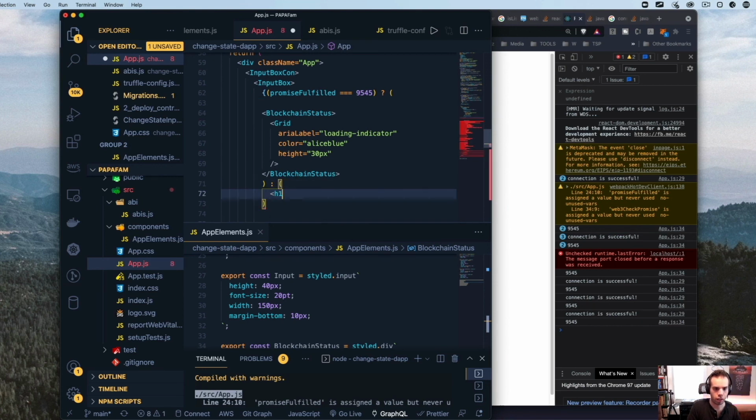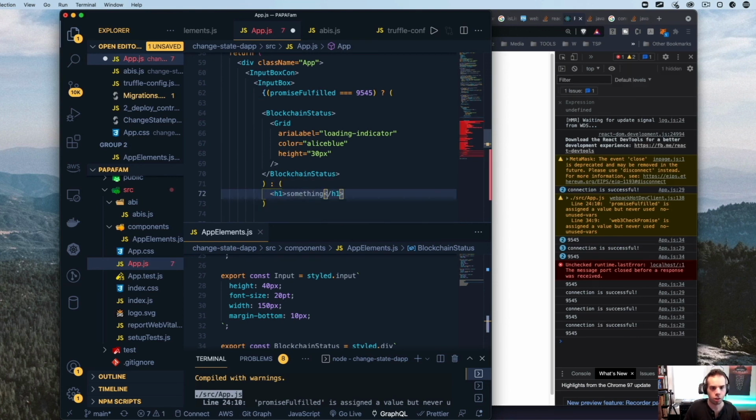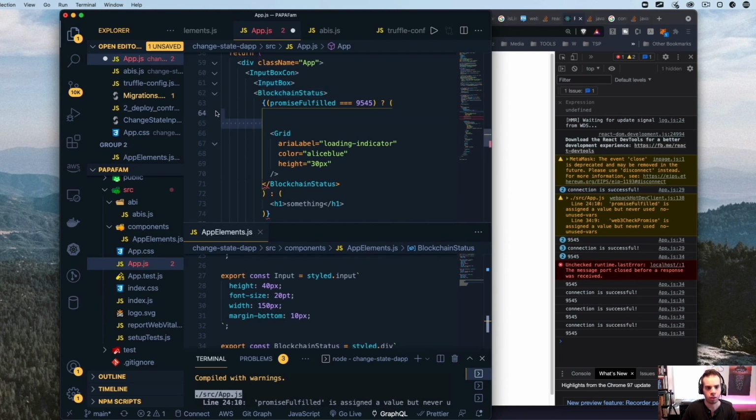So this is just going to say something just for now. And then we hold that there. And then that's pretty much it for the conditional render. Now, what we specifically want to do that I think would be kind of interesting would be if we can actually just move this up a little bit so that it's really just rendering this.